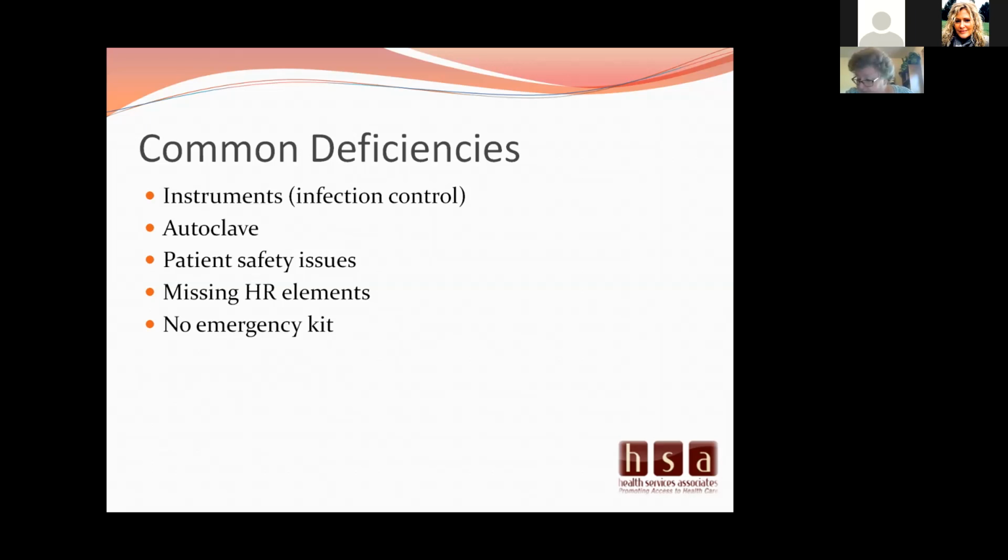In relation to the missing HR elements, the main one we see, especially in the state of Michigan, is that collaborative agreements are not in the personnel file. Yes. Some states, you don't have to have a collaborative, or some states have a collaborative for the first 3 years that the person is out of school. And then once they have 3 years of practice experience, they don't have to have a collaborative. Michigan does require collaboratives, and the surveyors will look for that collaborative within the documentation.